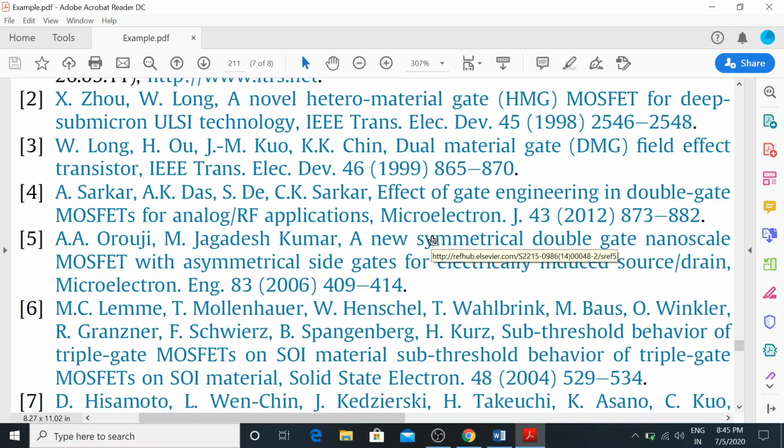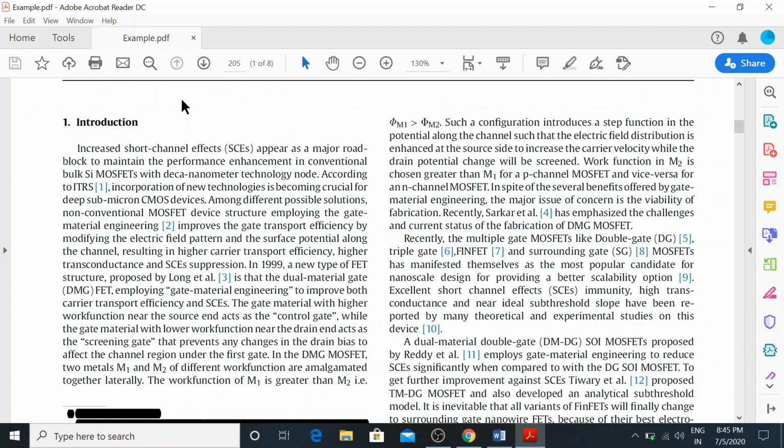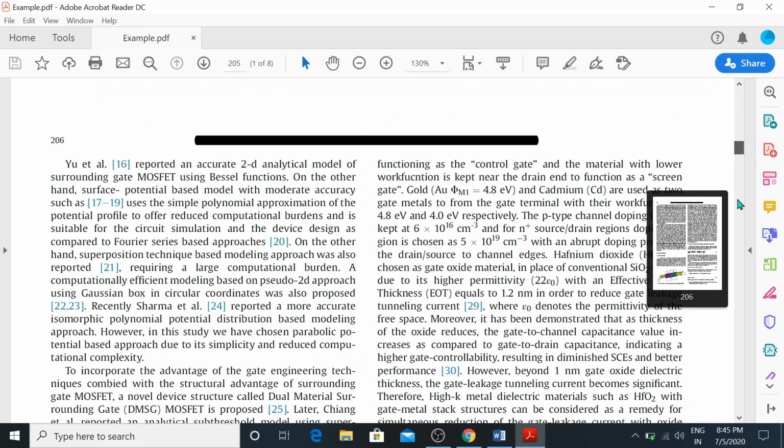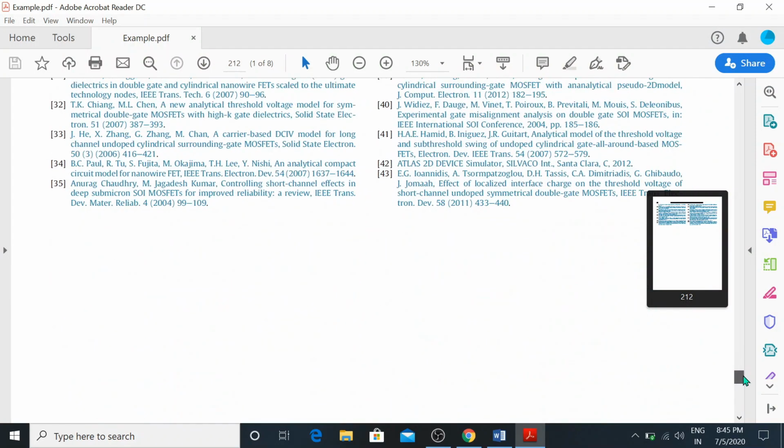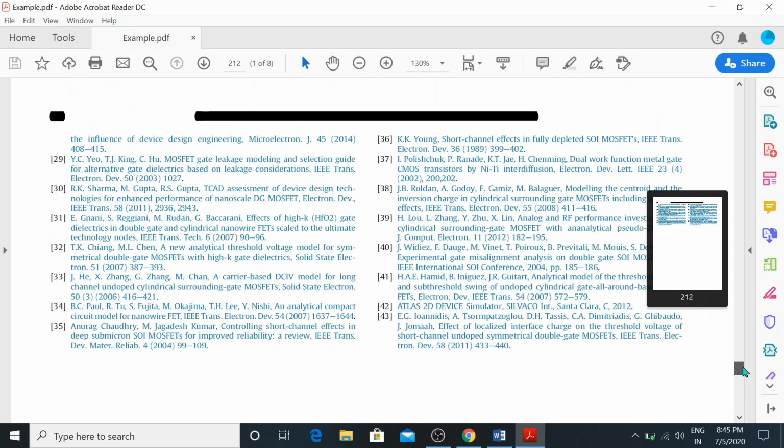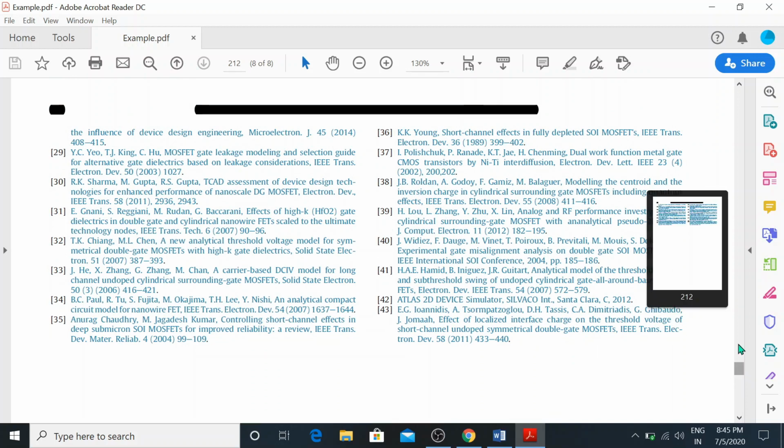Now again, if you want to go back to the first page where you clicked reference number 2, then press Alt and the left arrow button of the keyboard, so that you can go back to page number 1, and the reference is on page number 7 and 8, as you can see.